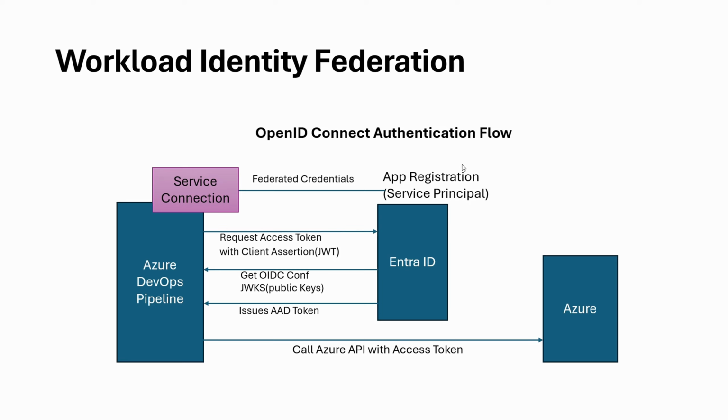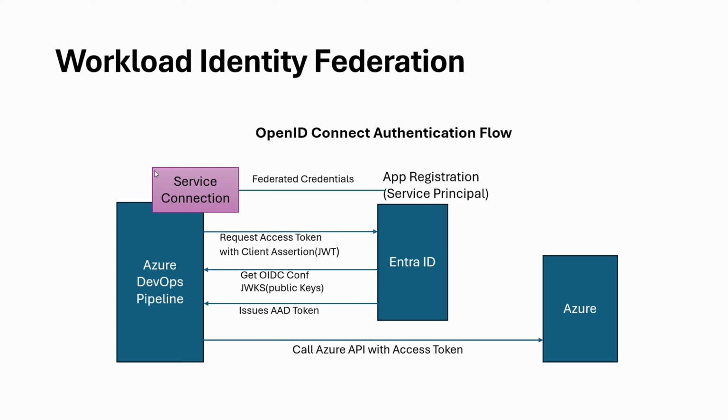It creates a service principal app in app registration, but instead of storing the client secret in the service connection, now the service connection has the details about the service principal, and the service principal has the user info details like the organization name, project, and its Azure DevOps, all these details saved in the federated credentials. So which means now there is a clear mapping between the services on both the ends. As the service connection knows which service principal is being used, and the service principal knows where the request